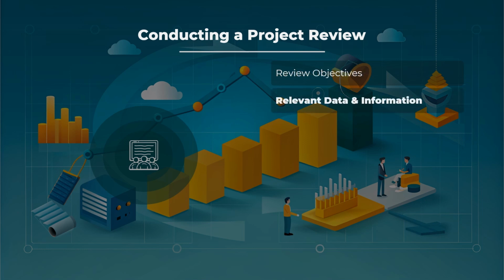Gather relevant data: collect all pertinent data and information related to the project, including project plans, schedules, budget reports, stakeholder feedback, and other documentation providing insights into project performance. Analyze the data: analyze gathered data to identify trends, patterns, and areas of concern. Compare actual project performance with planned objectives, deliverables, schedule, budget, and stakeholder satisfaction, identifying any deviations or gaps that require